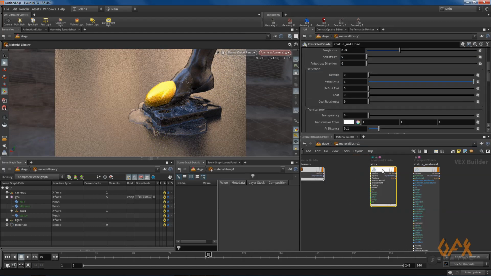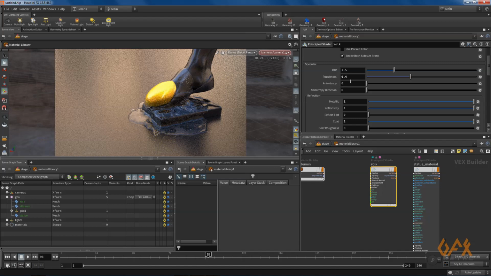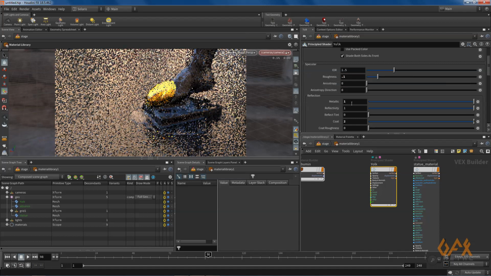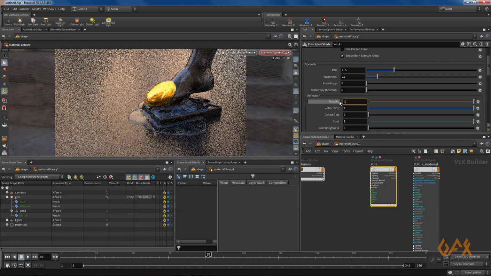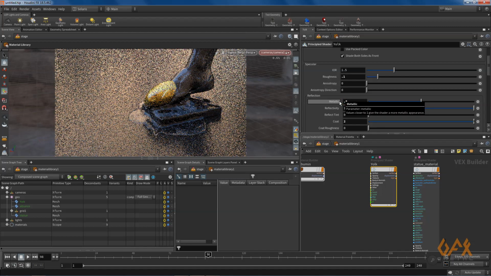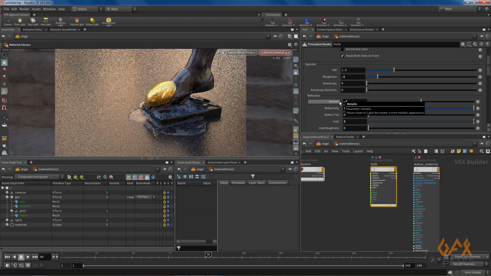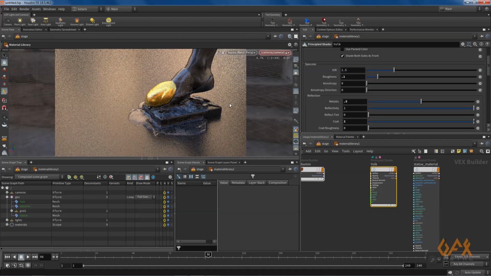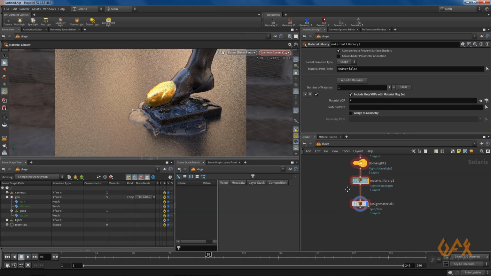Now go to the yaw and you can play with it, decrease the metallic value, whatever you feel. You can definitely add some more light and get a good result using Karma.